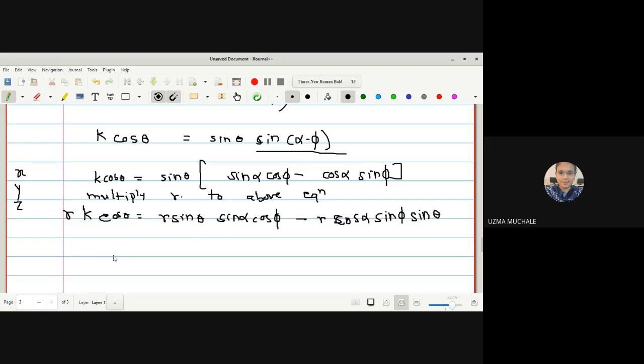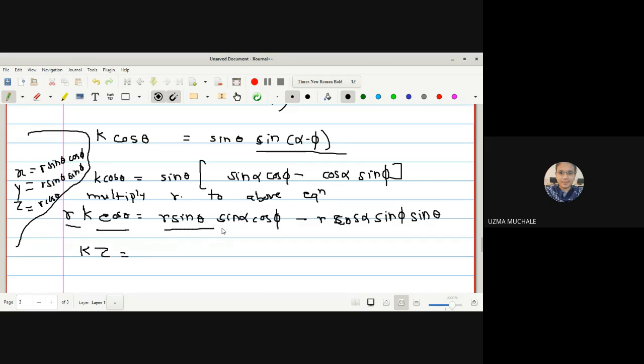Now if you remember, this is nothing but r cos theta. Let me write down what x, y, z are. If you remember the value of x we have written for the spherical pendulum: x is r sin theta cos phi. What is the next one? y is r sin theta sin phi. What is z? Do you remember? z is r cos theta. So what is this r cos theta? As it is, I can write the value of this as z.